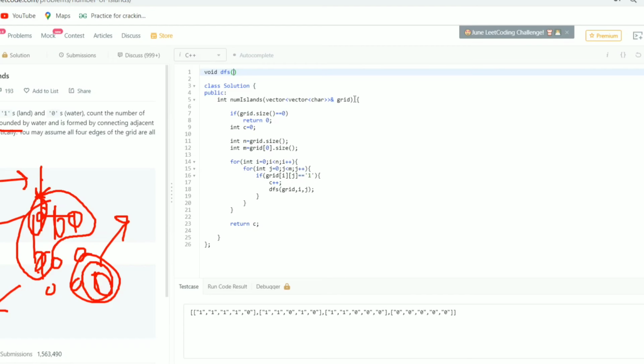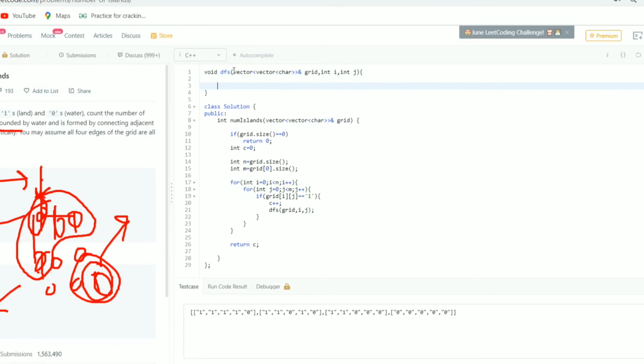Inside the DFS function I will pass my input array, I and J.